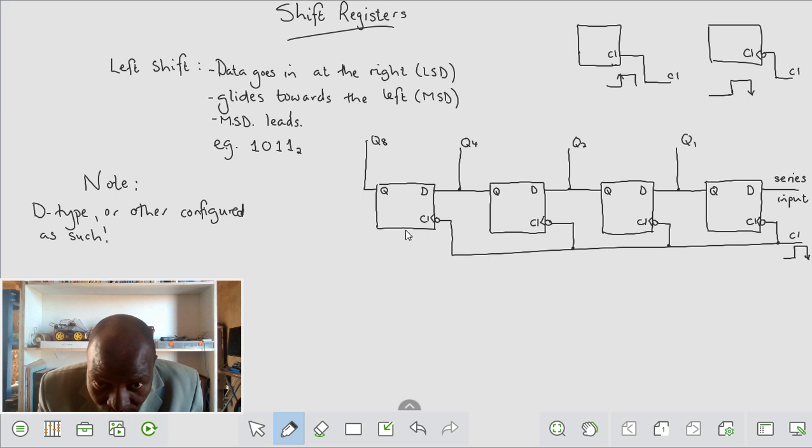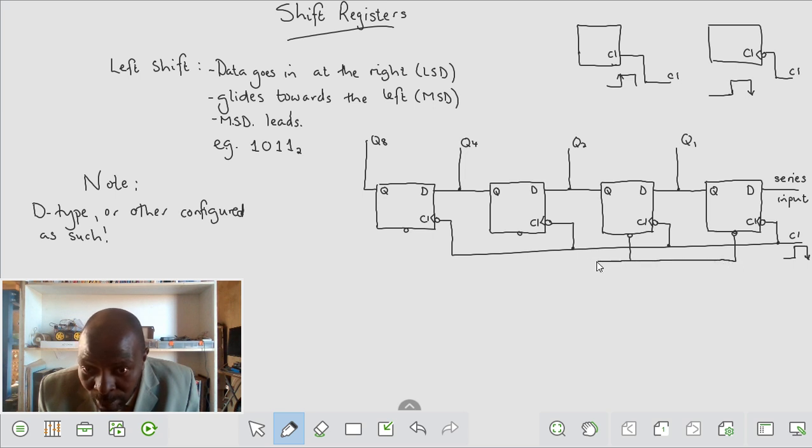Now remember that when you want to put new data, it is always good practice to clear out first, though it will still work even if you didn't clear out. There'll be no harm if it's not cleared out. It doesn't depend on being cleared out, but we might just want to clear whatever data was there initially. So with reset,